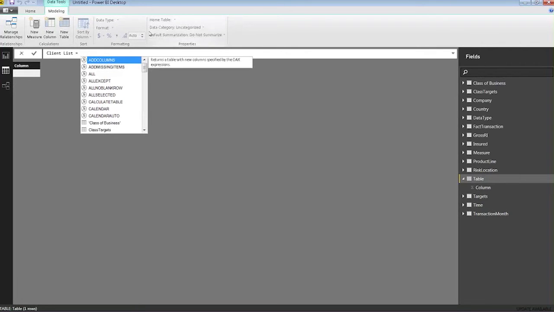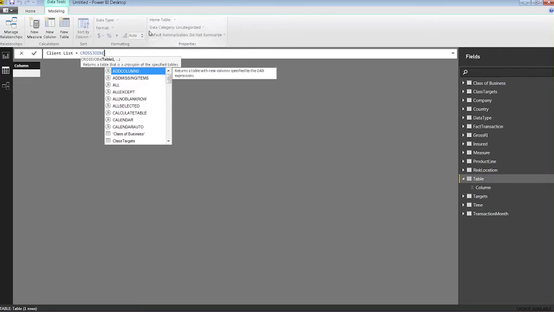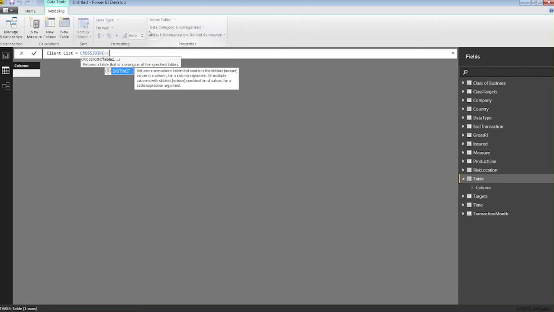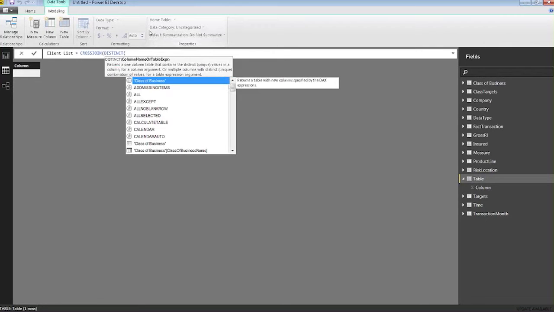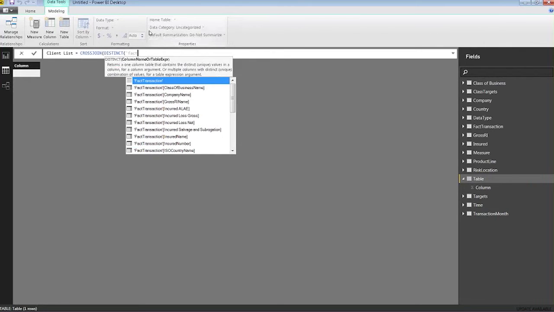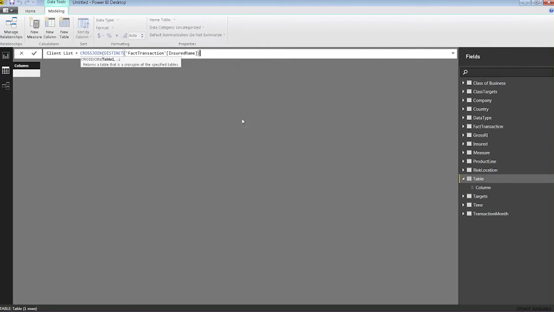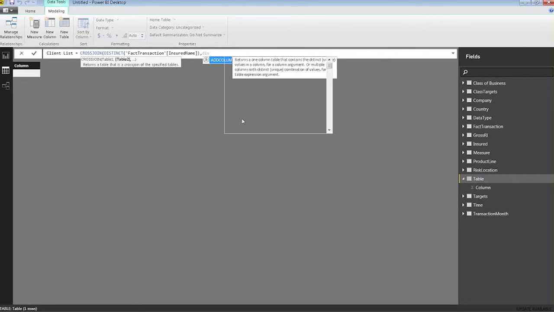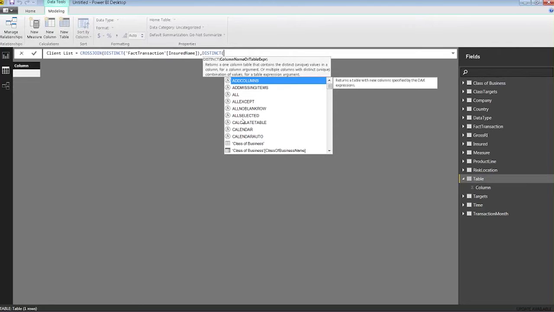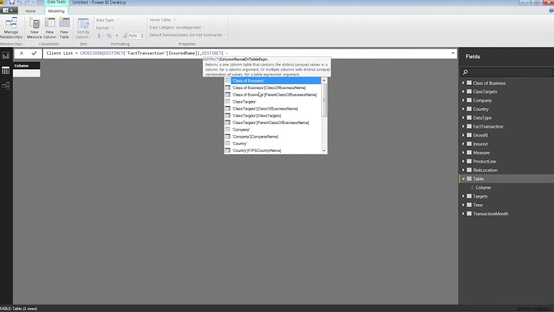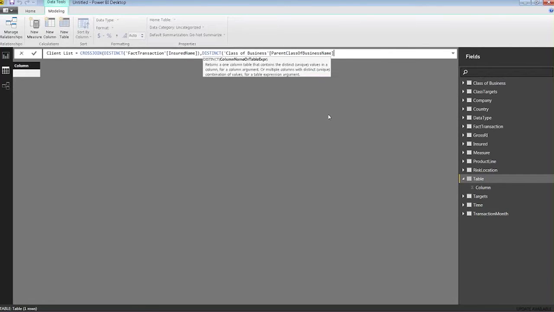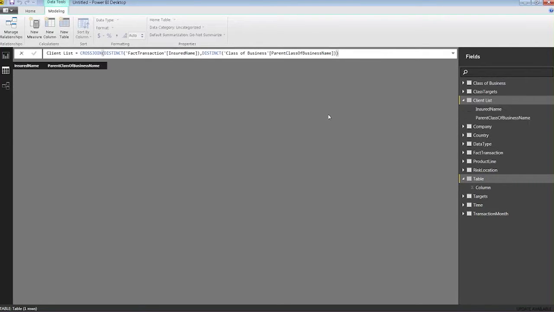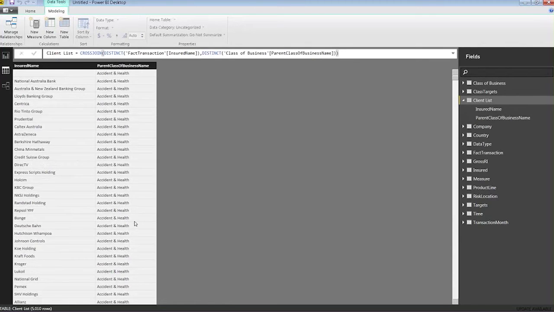List. I'm going to pull in data from two different tables, so I need to use a cross join, and I'm going to pull in the distinct values from our fact transaction, which is our claims data, and pull in the insured names of these. So this is pulling in all the names of my clients. And I want to join that with our class of business table and pull in the parent class of business name. So just like that, we have a brand new table, including all of our clients and which business class they're